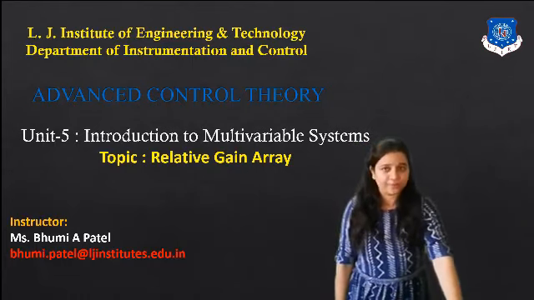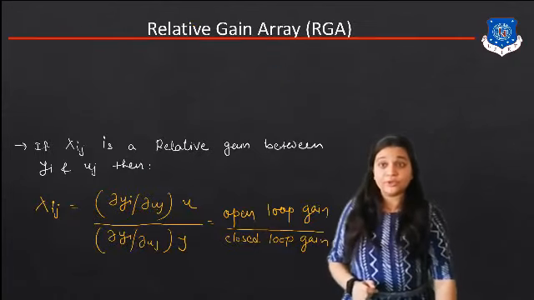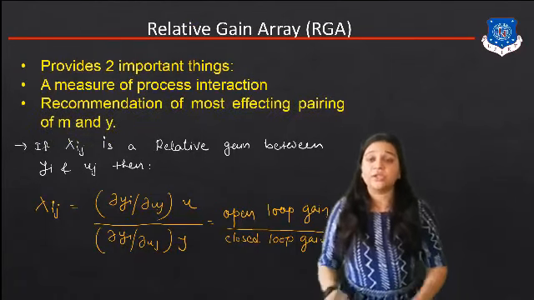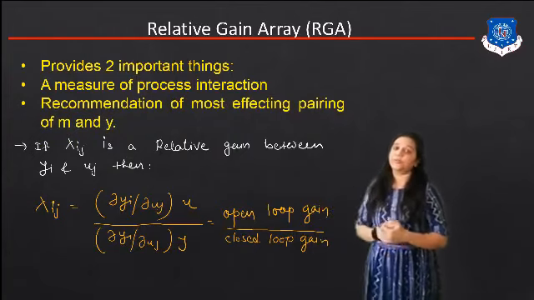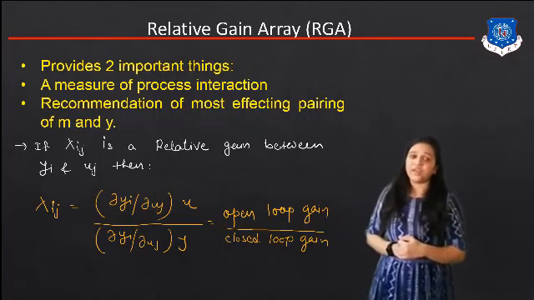Today our topic is relative gain array in Unit 5, Introduction to Multivariable System. So first of all, what is the relative gain array? It provides two important things: a measure of the process interaction and a recommendation of the most effective pairing